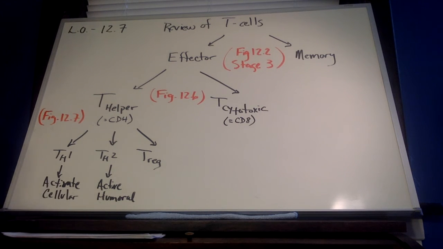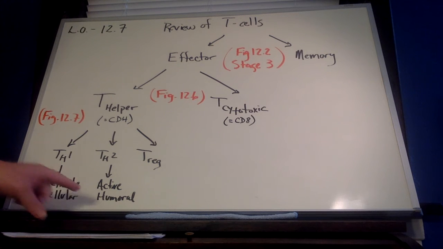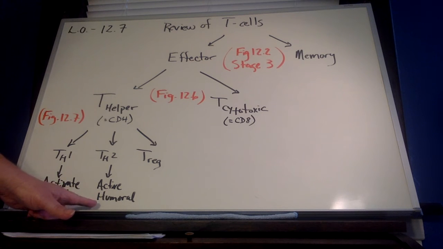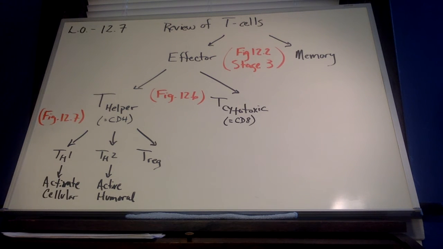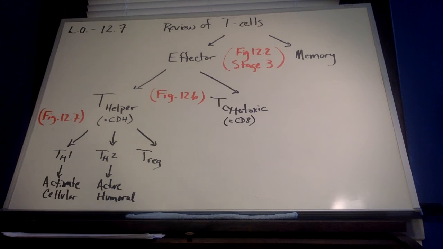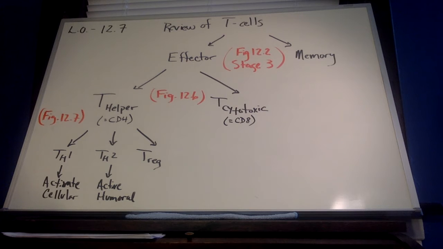The helper cells are going to do exactly what they say. They're going to help. And if you look at figure 12.7, you can see that we have 3 different types. The T helper 1 cells activate cellular immunity, which are the other T cells, those cytotoxic cells. We have T helper 2 cells, which activate the humoral response, i.e. the B cells. And we have those T regulatory helper cells, which help us to regulate the